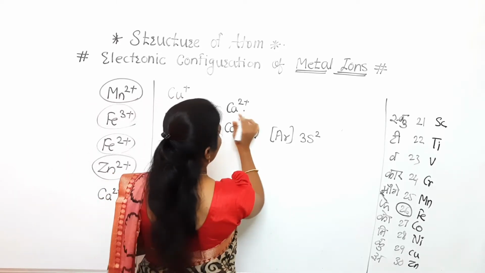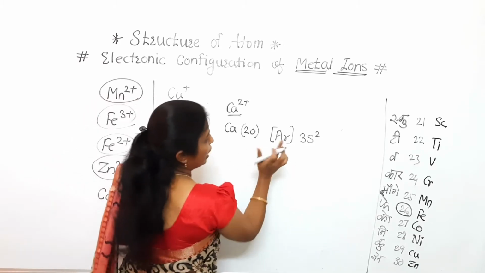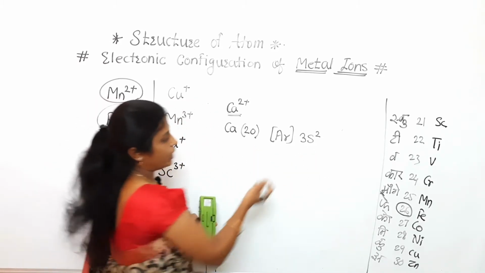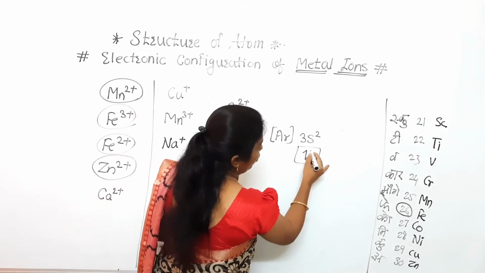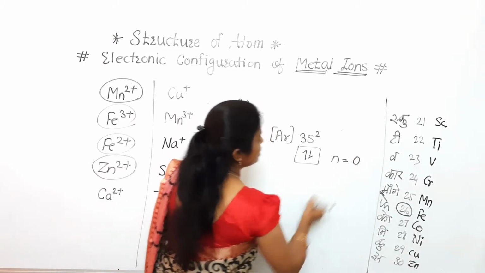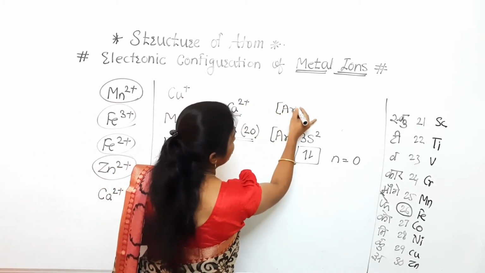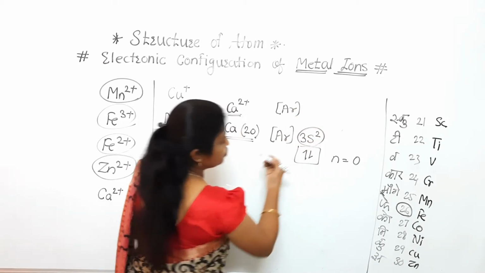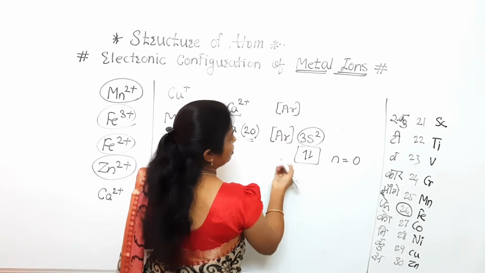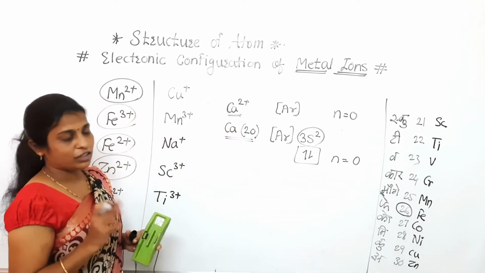Now we are going to calculate the unpaired electrons for calcium 2+. The number of unpaired electrons will be 0 because argon is already completely filled, and 3s has only one box. So the number of unpaired electrons for the neutral one will be 0. For calcium 2+, what will be the electronic configuration? Because 2 electrons will be removed from the 4s, only argon will remain. That's why the number of unpaired electrons will be 0 for calcium 2+.